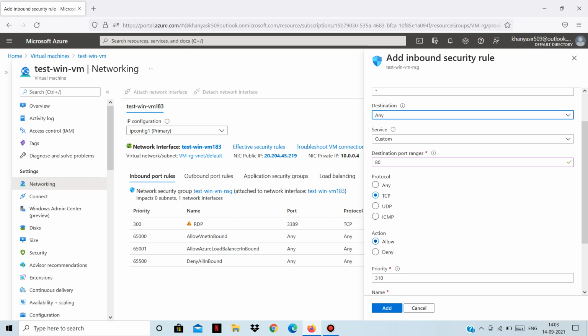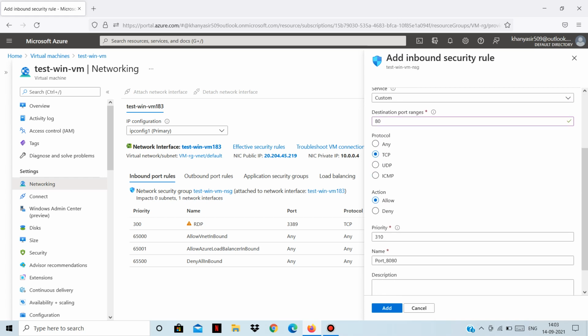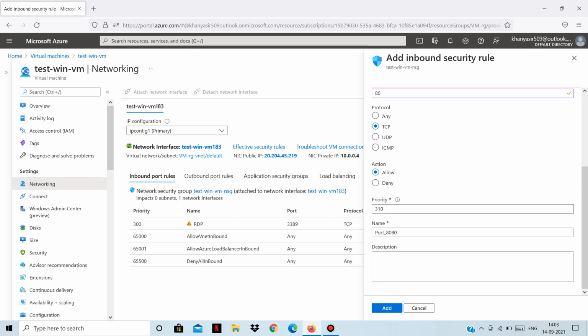So the action I need to choose is allow. Means I need to allow port 80 of this virtual machine to accept the connection from any source, and the source port could be any. Okay, so I need to allow. The priority I can place is 310. So we need to name the rule.